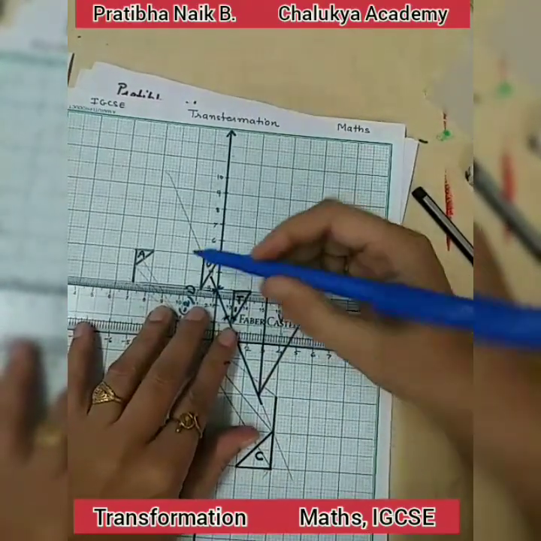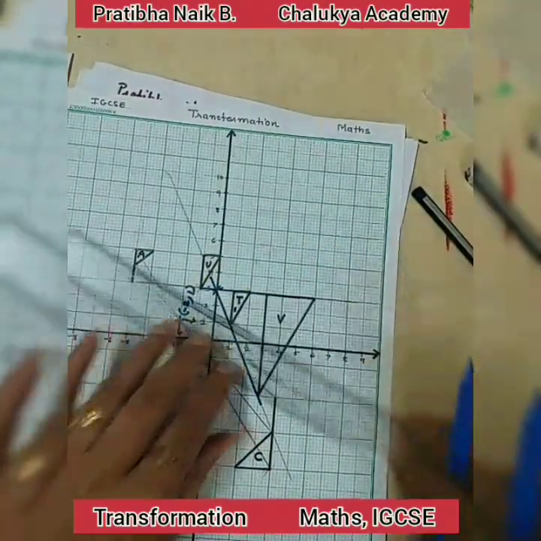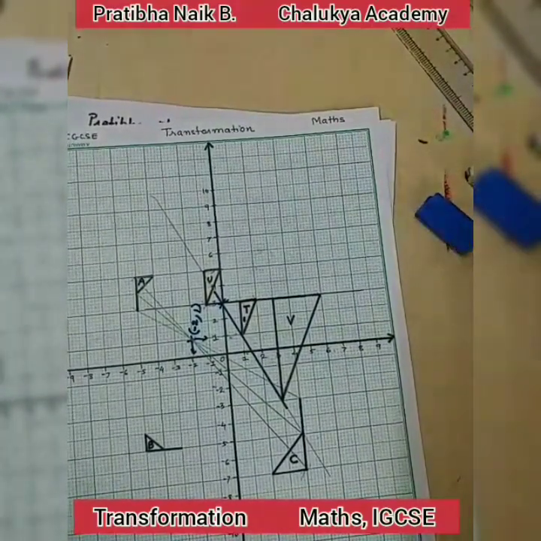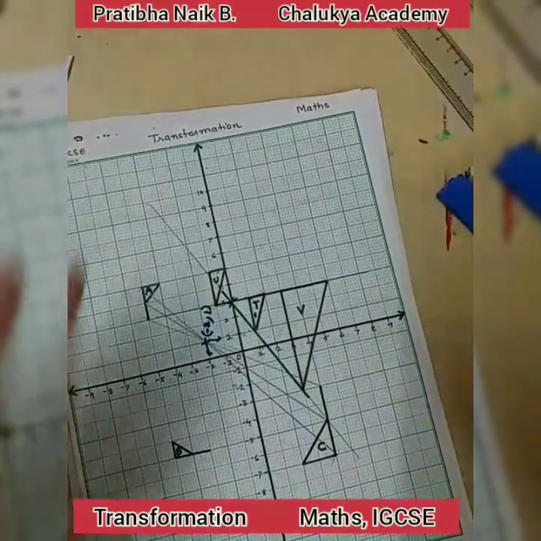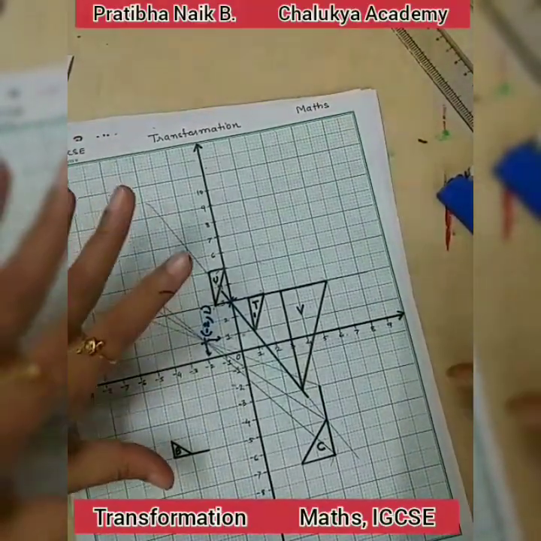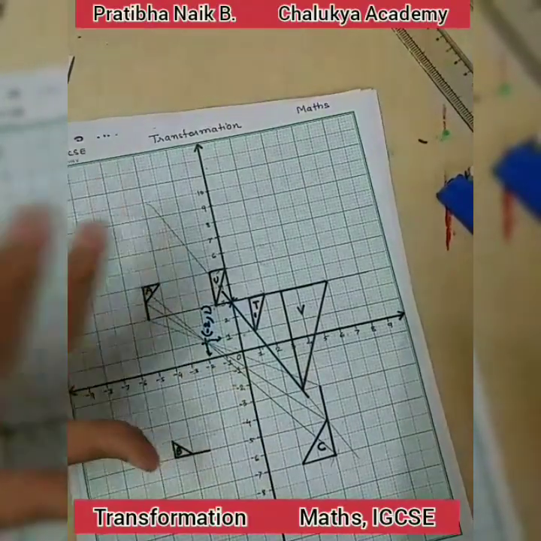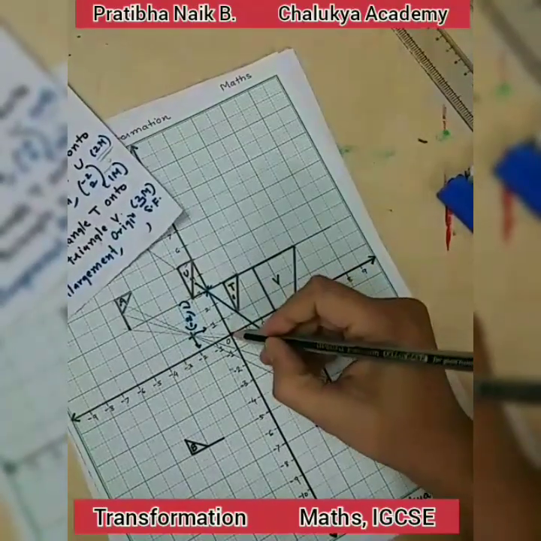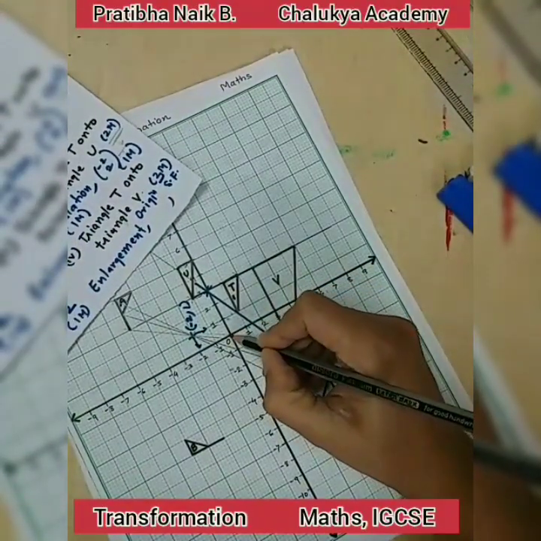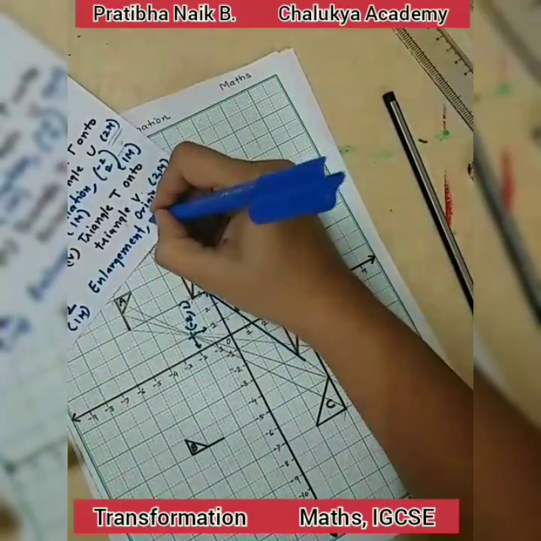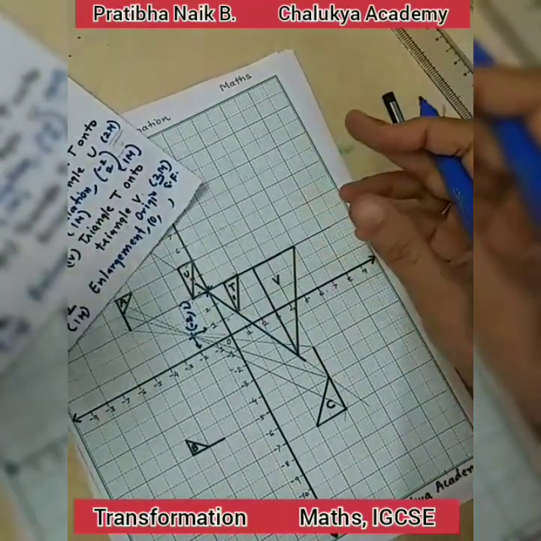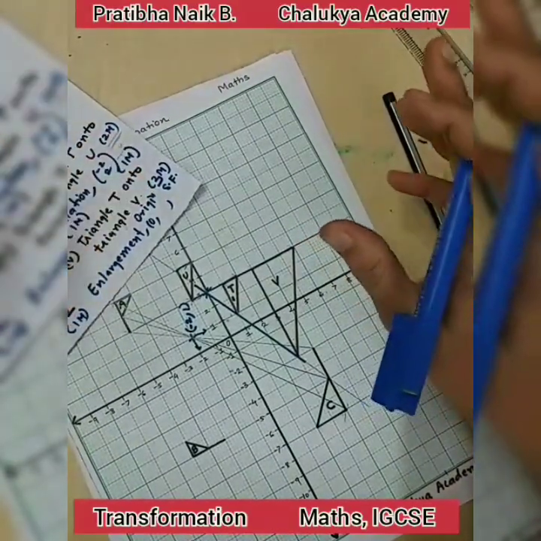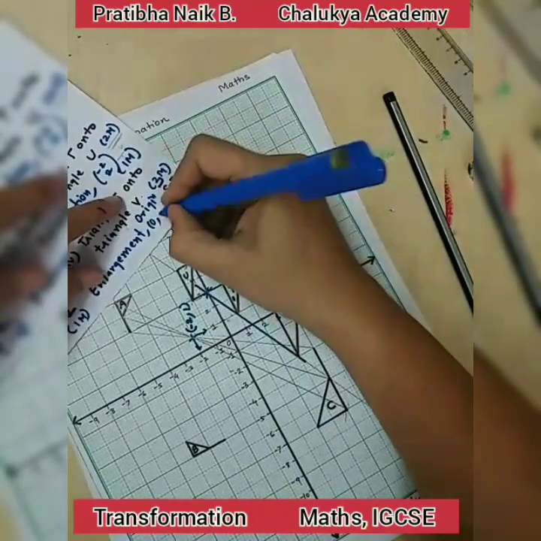In the exam you should draw only with a pencil. I am drawing with the sketch pen so that you can see it prominently, but please don't draw with a sketch pen or a pen, only draw with a pencil in the exam. Here we got the origin. While giving the origin, first you have to give the x coordinate, that is 0. These are very small things, but you need to follow this strictly, otherwise you will unnecessarily lose marks. So the y coordinate is 3 over here.